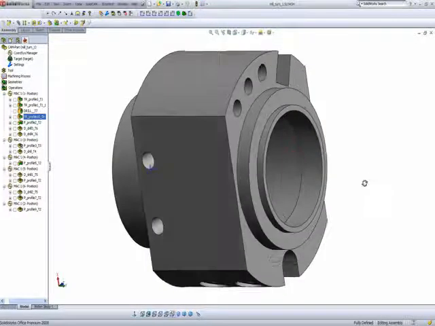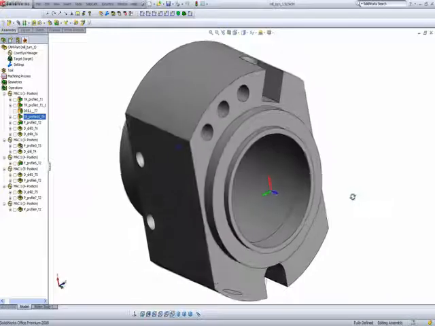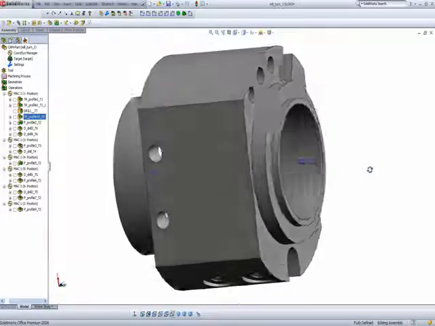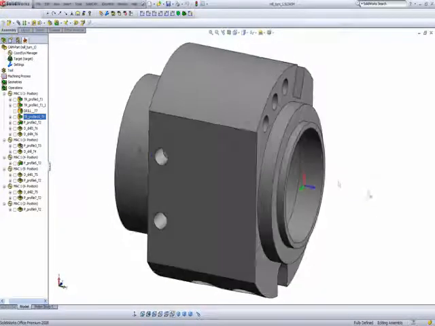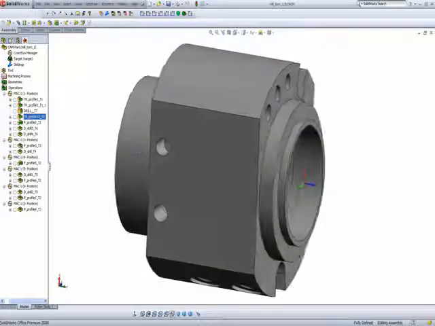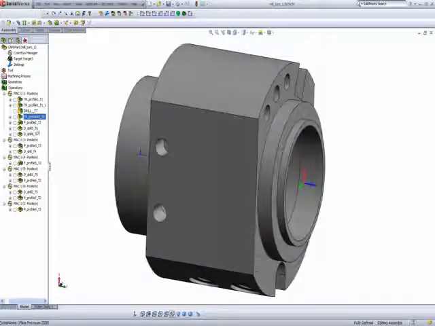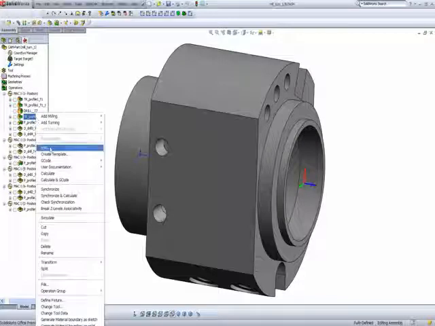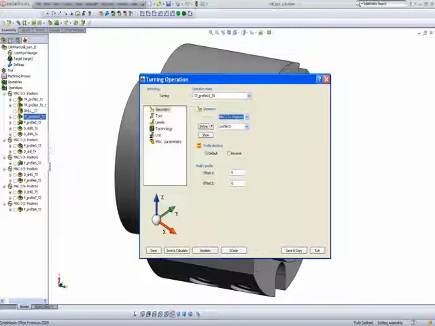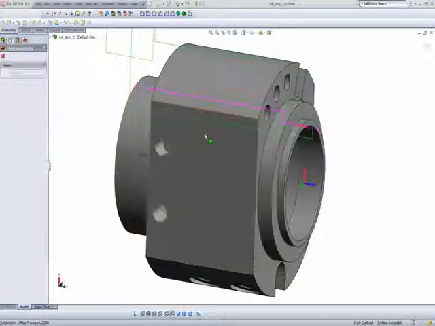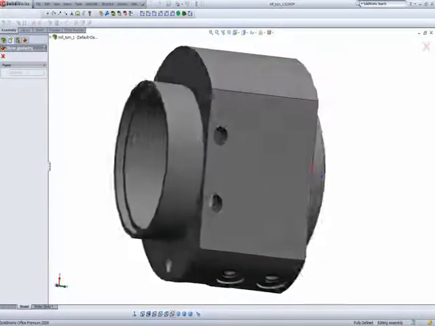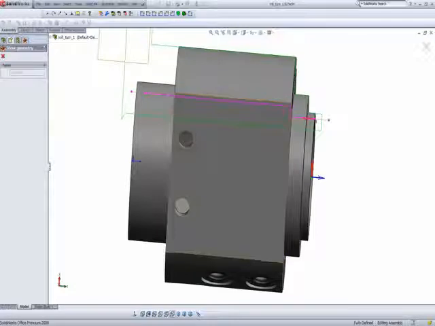Now, in my last turning operation, what I'd like to do here now is simply turn out the middle of the part, the inside diameter, to its final diameter dimension. If I were to go into the operation, you'll see again we're using the turning operation. My profile in this particular case is, as you see over here,